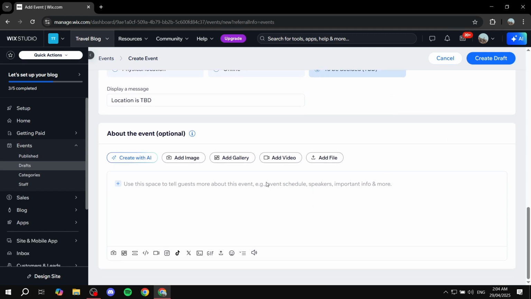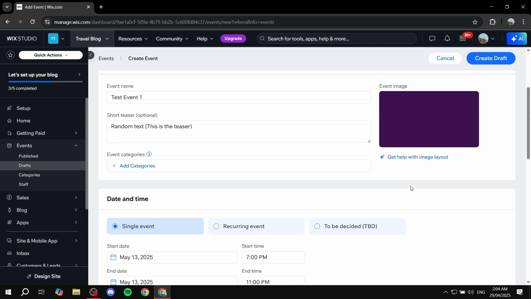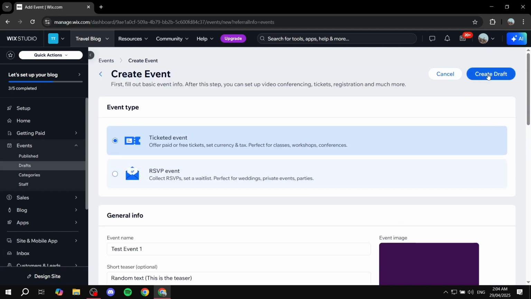Next up, we have about the event. So this is going to be optional. This is going to be the actual description, and you can even make it a video or images, galleries, whatever you want, or even text. So this is going to be the in-depth description of the actual event, which I'm just going to skip because I don't really have anything to type here, so I'm just going to click on create draft, and we are not done yet